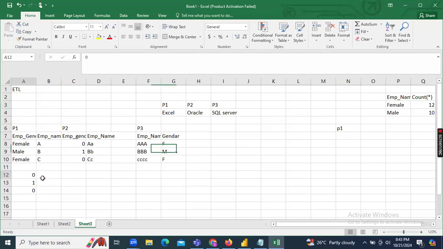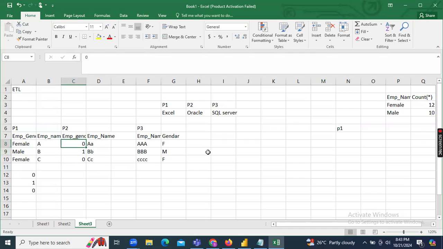So for this, I want to replace values in the project 2 data. Once I connect to this data, I want to apply some transformations, guys. Transformations in the sense of what? Changes, like replace my 0 with female, and we are going to use the replace function to change the data. 1 with male. So like this, I will change the format of each one. And here also F with female and M with male.